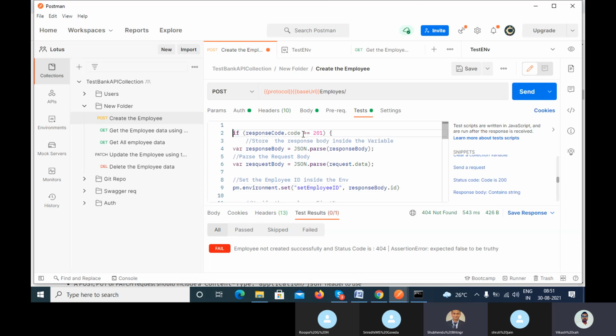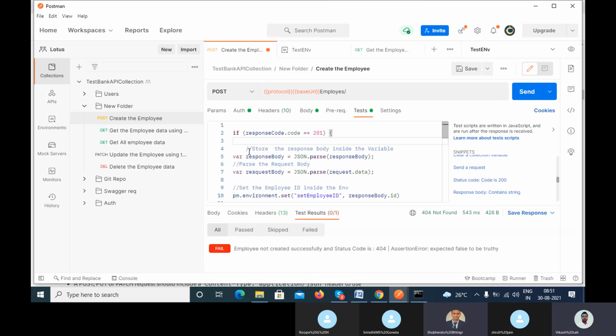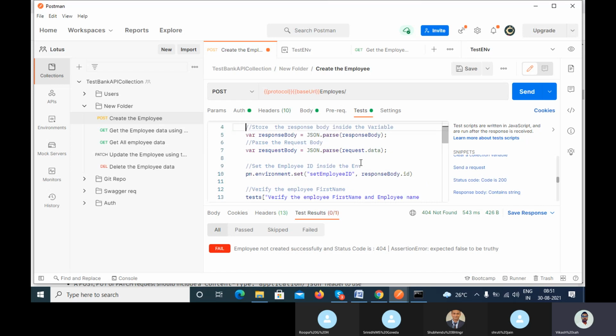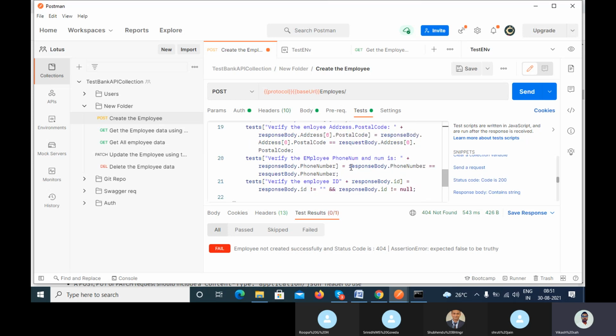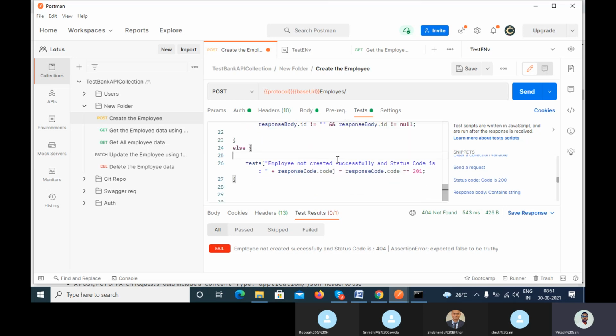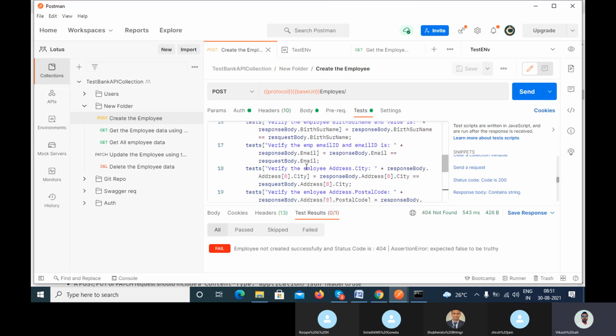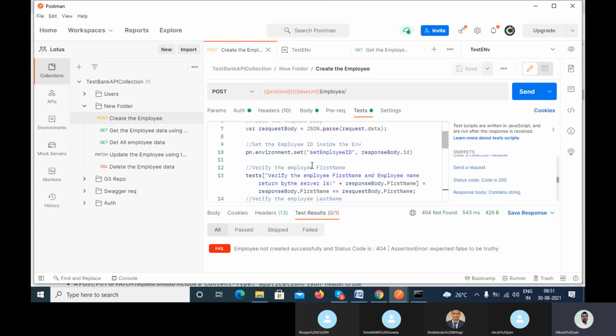Because this all will execute only when the status code is correct, as per our requirement. You can also write it outside, right? But it's generally better to write inside, okay? Now you have written the code, and here you can see I have used the setter method